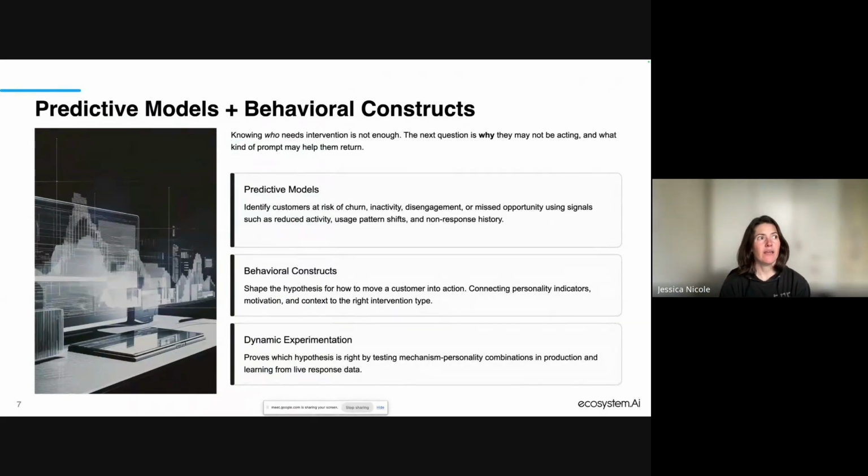All right, this over here is an inset very much speaking to ecosystem AI's capabilities and how it helps to take a lot of these hypotheses and these approaches and these behavioral design ideas that you could potentially have and find the optimal way to use them and to have them give something back, rather than just, okay, cool, let's put it out there and see what happens. And so you have this trifecta that creates a very solid basis from which you can build your communications and build your engagements in such a way that means that they are going to hit the mark.